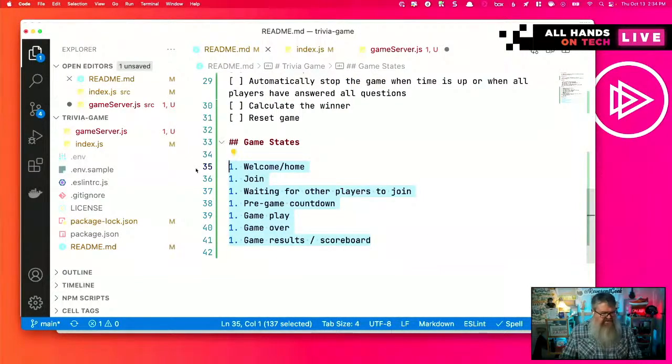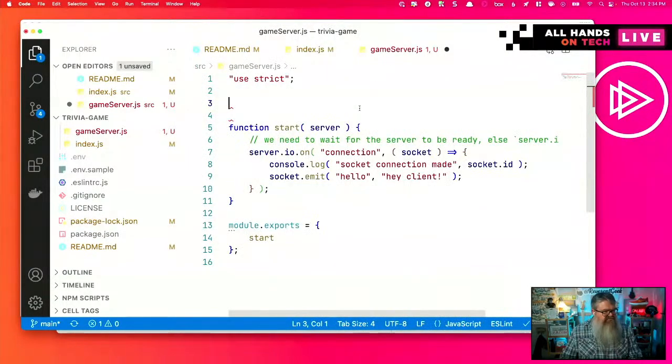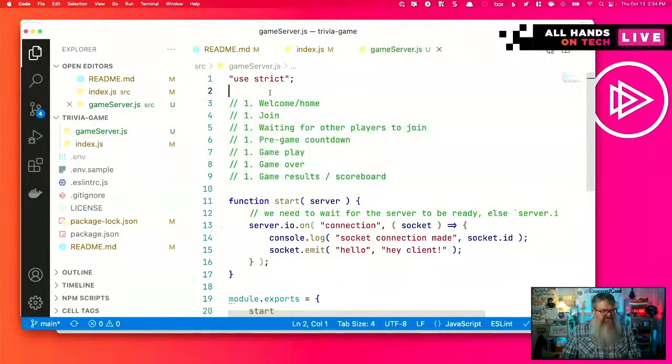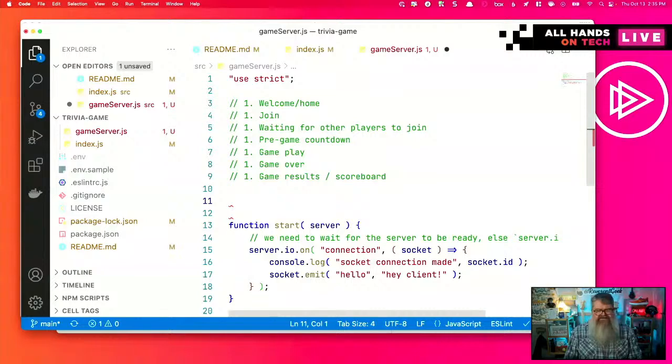I want to take these game states and turn these into constants, or if we were using something like C# or Java, or some other language besides JavaScript that supports enums, we might turn this into an enumeration of values. We can kind of get an enumeration in JavaScript, but it's nothing fancy. Instead of doing an enumeration, let's just create